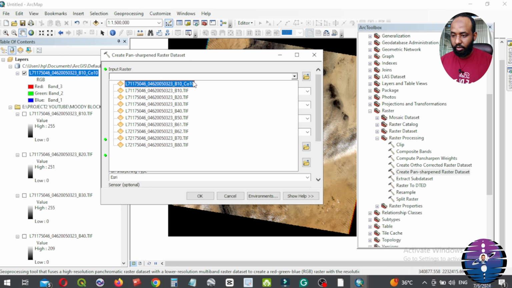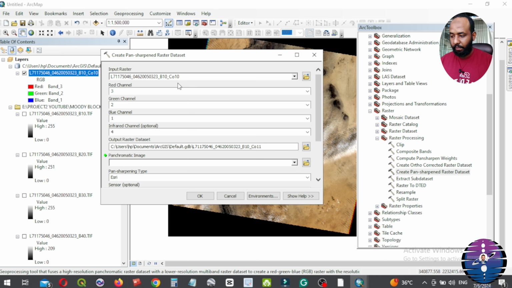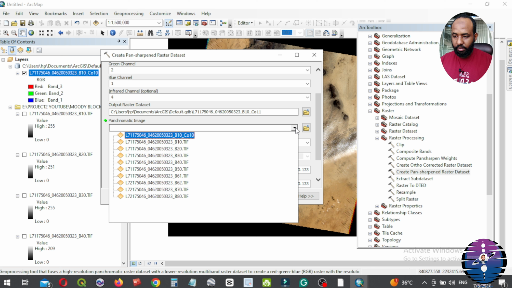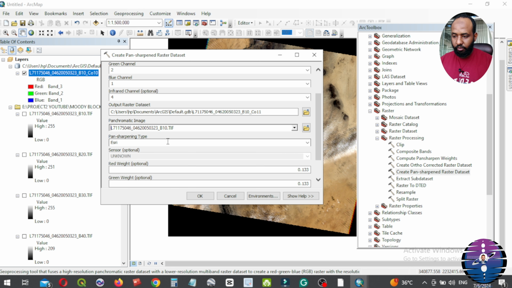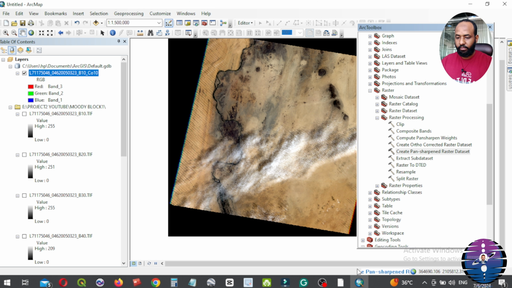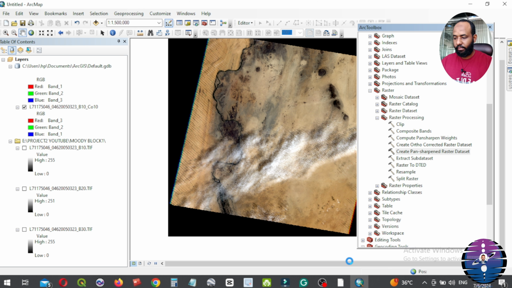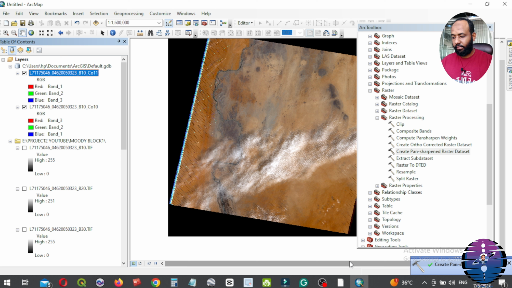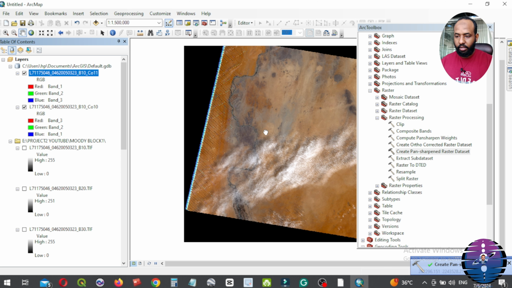Here we input the composite and select one of the TIFF spectral images and place it in the output field. Band chromatic image. Select, for example, TIFF1. Then wait for the process to complete. Press OK. Created band sharpened raster data.